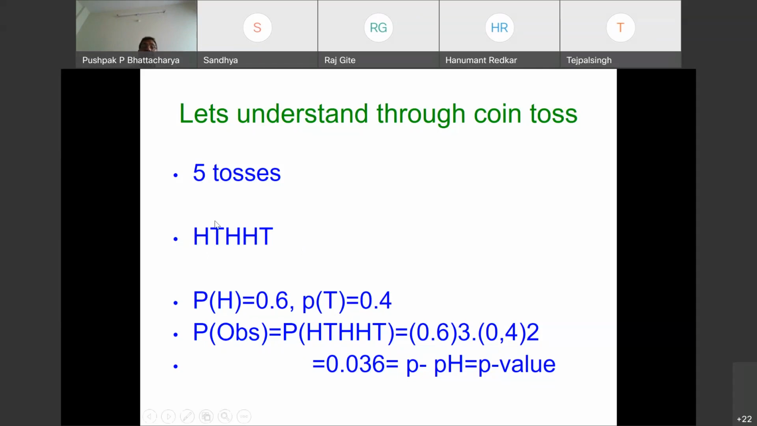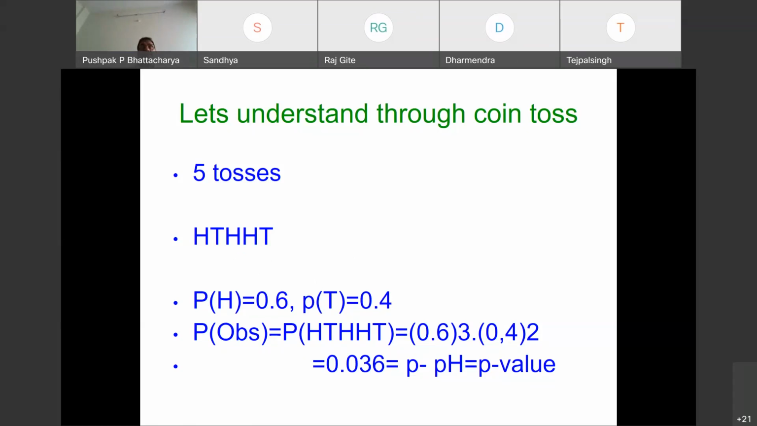If I toss a coin 5 times, there are 2 to the power 5 possibilities of these sequences. Some sequences are very likely, some sequences are not. That depends on the parameter value, which is the probability value of head. So it is the probability value of head which controls how many heads I am likely to see in the sequence. Now, if I consider the probability of head to be a parameter theta,